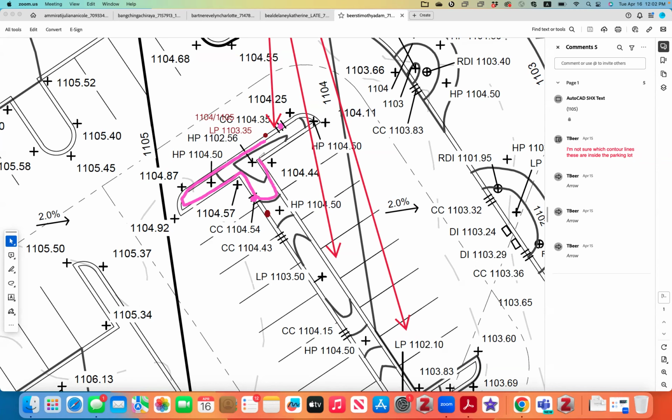Does that make sense? The 105 would go like this, all around the curb, because you don't have enough space,